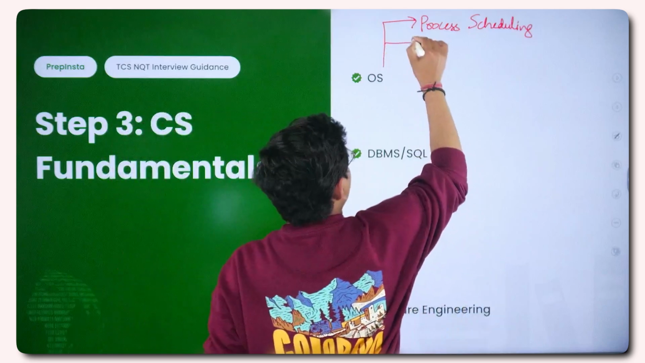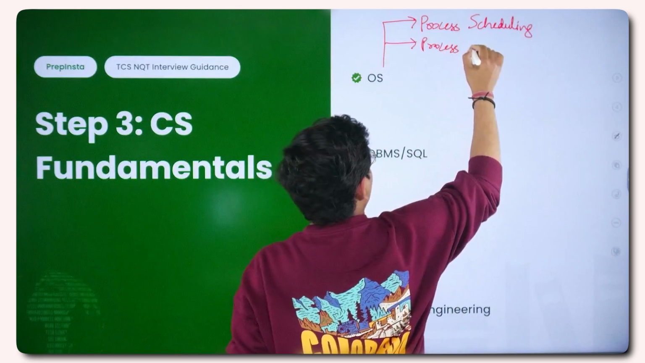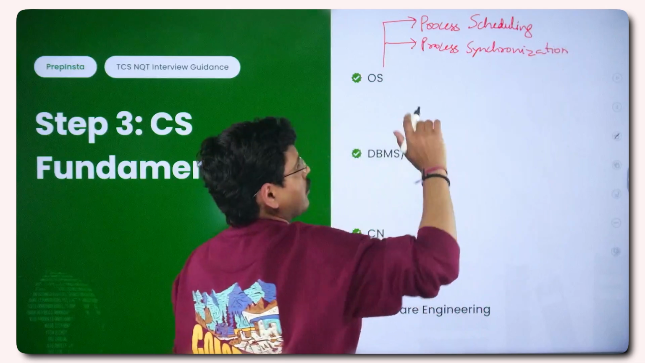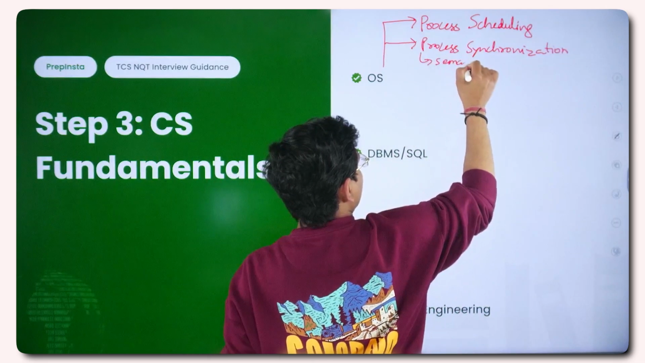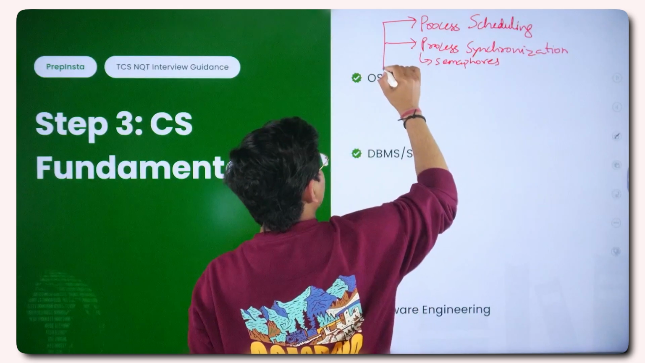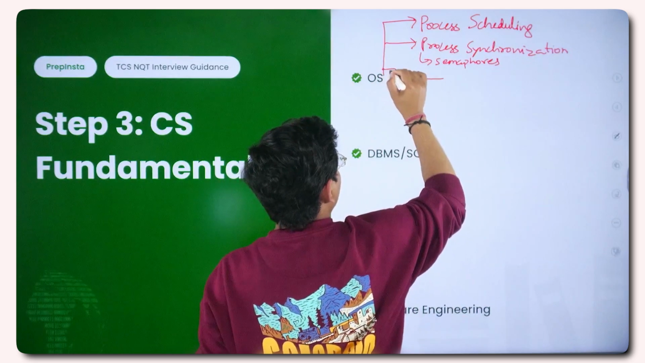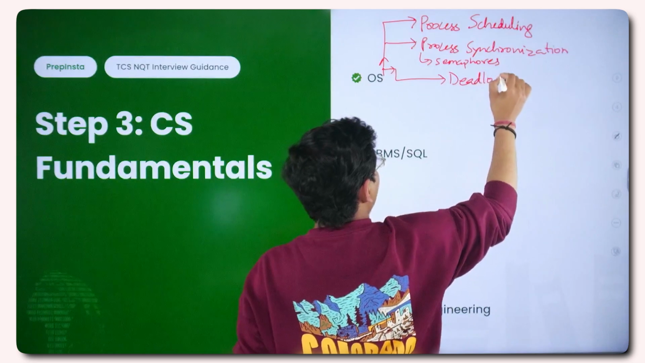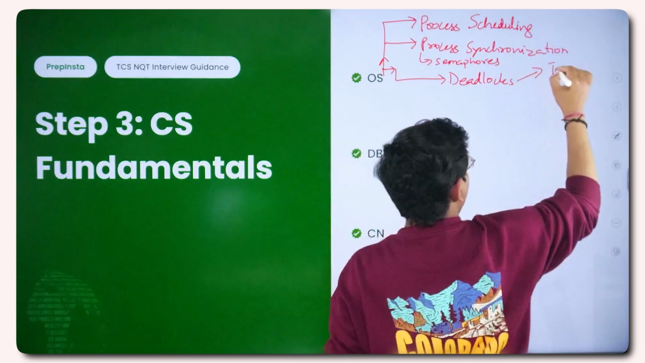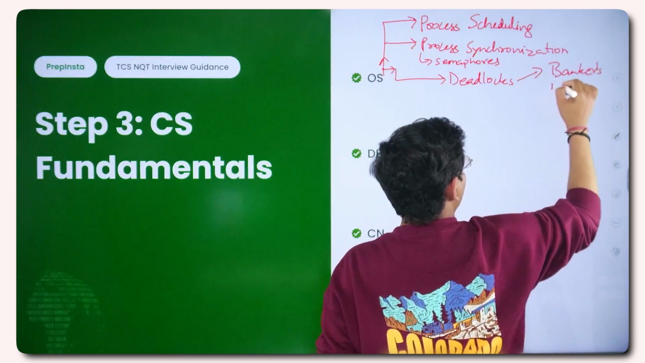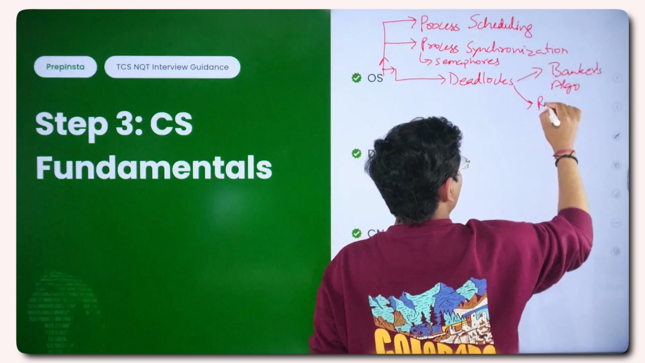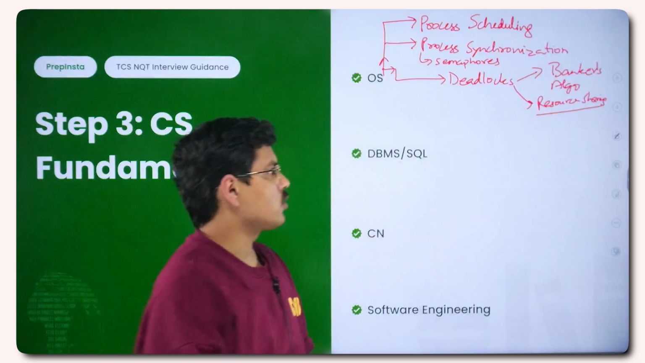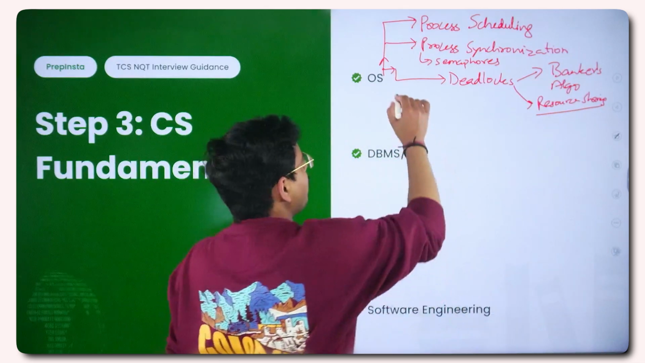Fine. Then comes process synchronization. Fine. Now in process synchronization, you do not need to study everything. Fine. Here only you need to study semaphores. Once you have studied semaphores, then you come to the deadlocks. Fine. You come to the deadlocks, and in deadlocks, what you need to study is banker's algo, and then resource sharing. Fine. So resource sharing graphs. So you need to study these two things in deadlocks,